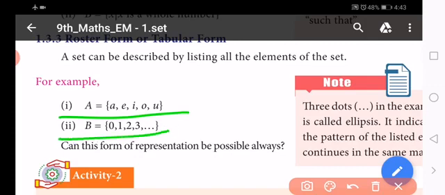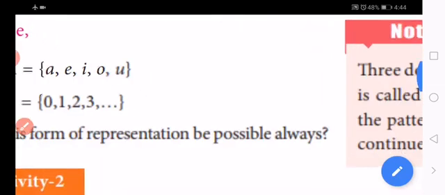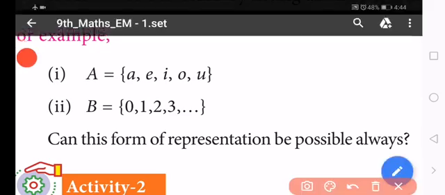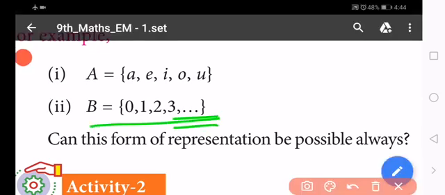And the second one, the collection of all whole numbers. The set of all whole numbers is the descriptive form. For all x such that x is a whole number is the set builder form. B equal to, within braces we write 0 comma 1 comma 2 comma 3 comma dot dot dot. This is the roster form.